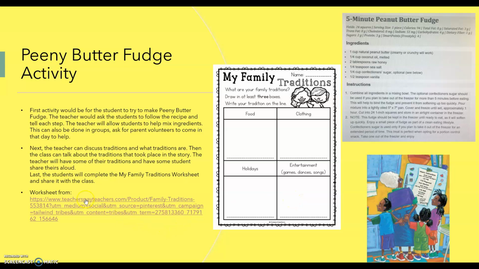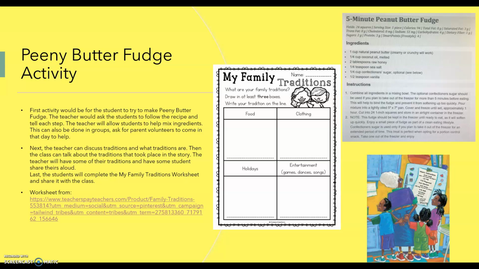And I got this on Teachers Pay Teachers. I think this book would be really good for pre-kindergarten, kindergarten and first grade too. It has rhyming in it. And the students will enjoy making the peanut butter fudge, and they can learn about how you do things in